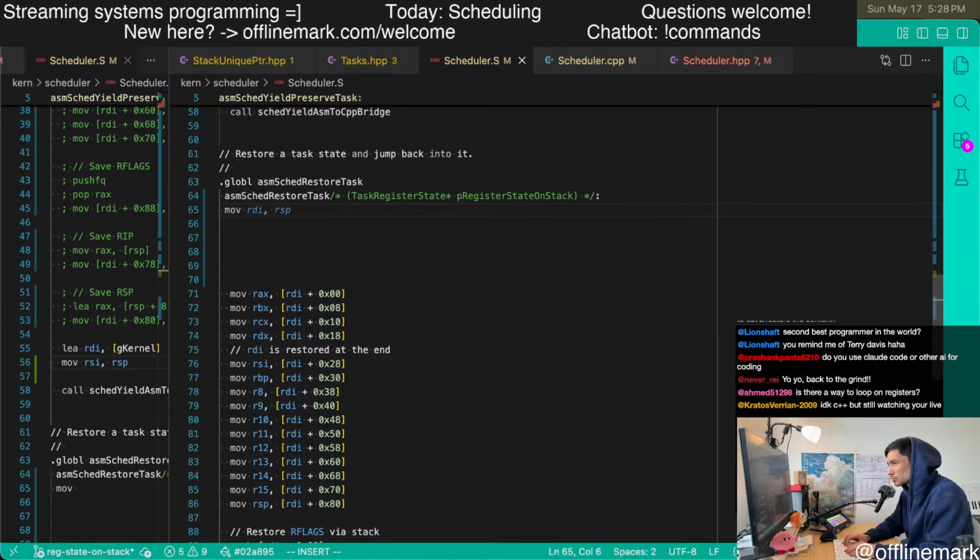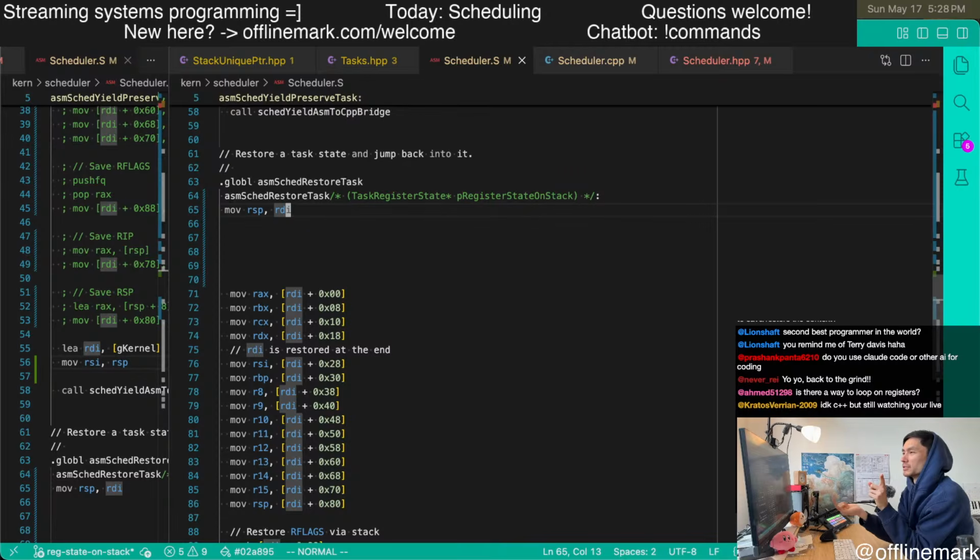Wait, did I get it wrong? I think I got it wrong. We are trying to reset the stack pointer to be pointed at this argument we received. And so we're going to copy that.